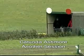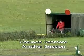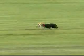companion Castlemartyr, owned by Pat Byrne and trained by Owen McKenna. The white is another session representing the DFL syndicate, another session trained by Bridget Lean. Next course now coming up in the Classics Club Champion Stakes quarterfinals, red Catunda Ashmore, white another session on the